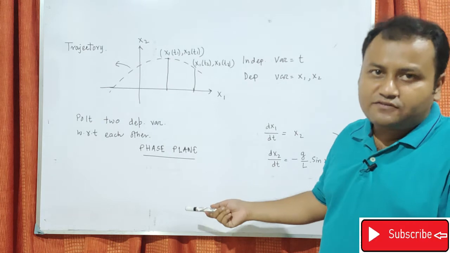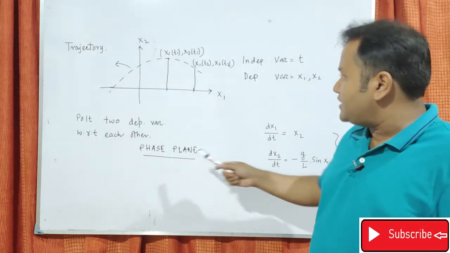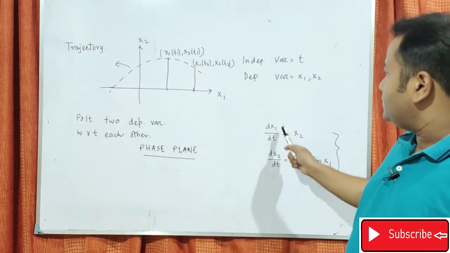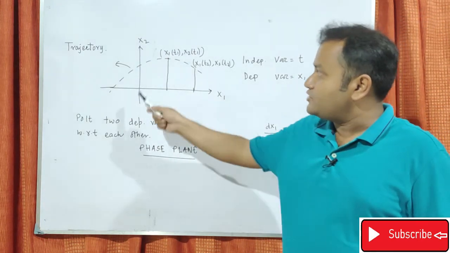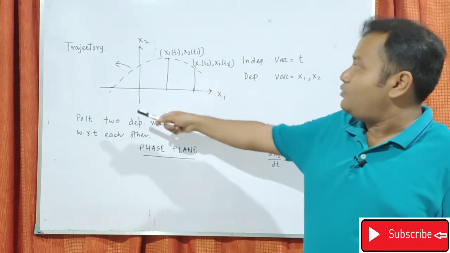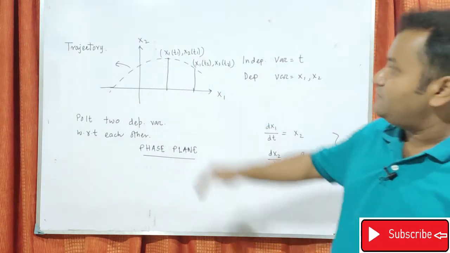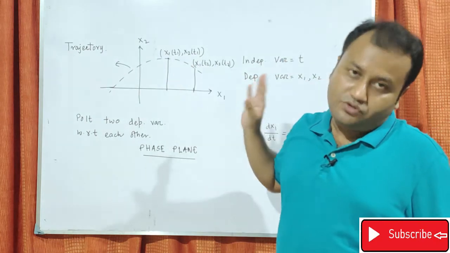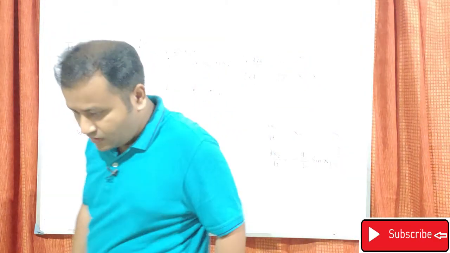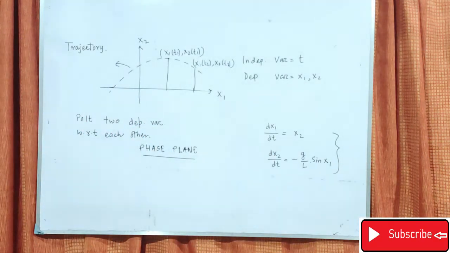But how you can construct phase plane? You can construct phase plane with respect to these two dependent variables. That is, you can draw a curve x1 versus x2 axis, and whatever curve you are getting, the curve is trajectory, and this diagram is called phase plane or phase portrait. Okay, so now if I go for the next one,